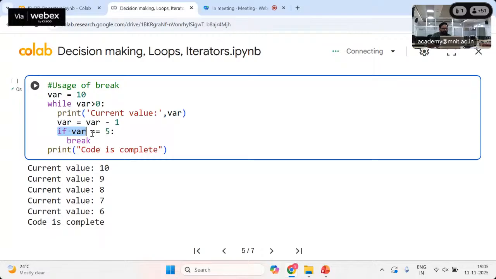And for a particular case, let's say if the variable value is 5, we are breaking, so that break statement will directly jump out of the loop. So the loop will not start again or continue the while loop. It will just come out of the loop, even though in the next iteration the condition would be met. So then, if you run this